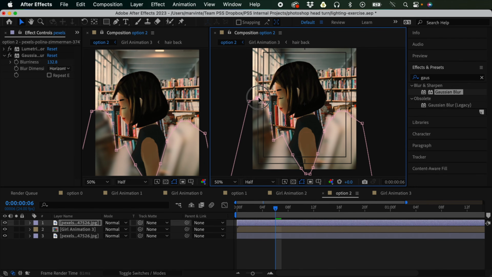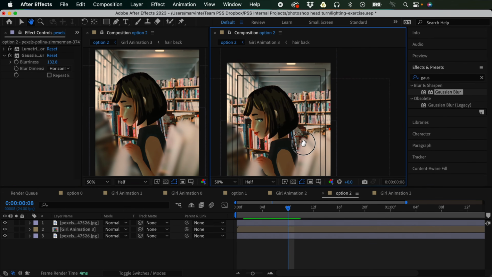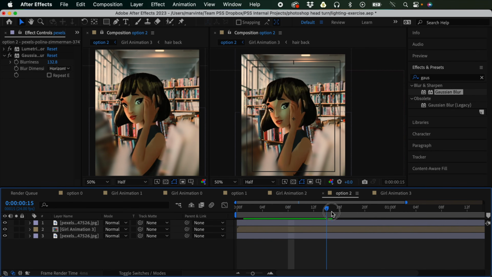And maybe I'm just gonna extend the mask path a bit. Perfect. Now it looks much cleaner, and it's almost already good enough,